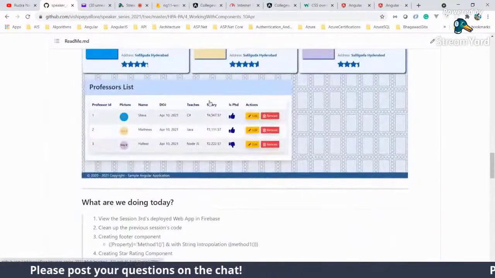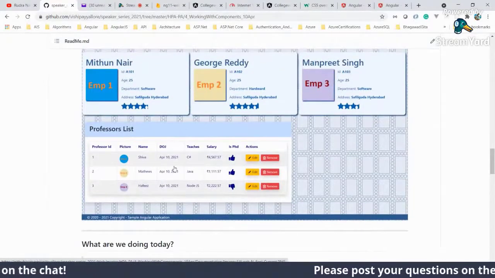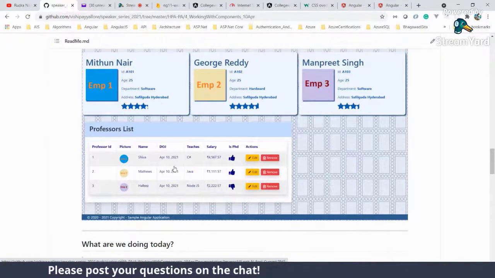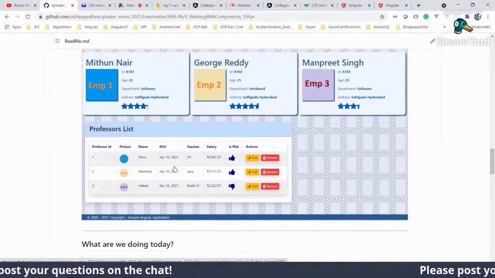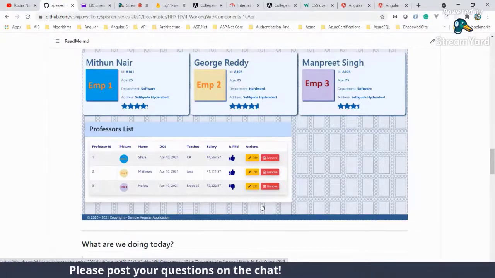I thought of quickly showing you this professor list with the same images, but in a different representation. This is a card representation. Some people want a list representation or a card with infinite scroll. Some people want the tabular representation with the paging concept. So this is a first step towards the representations.